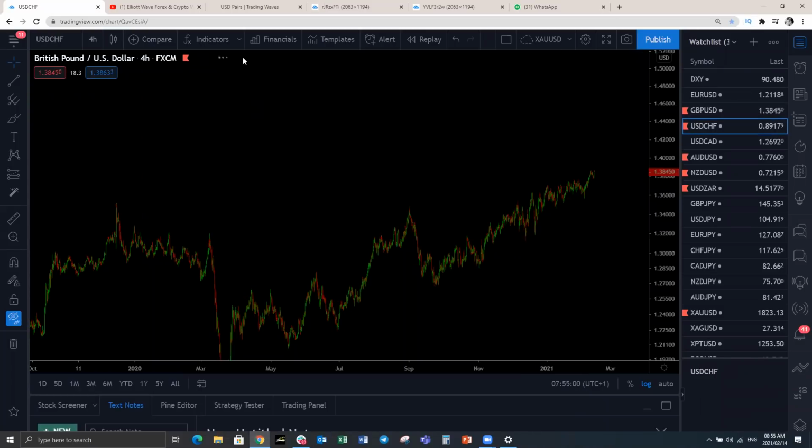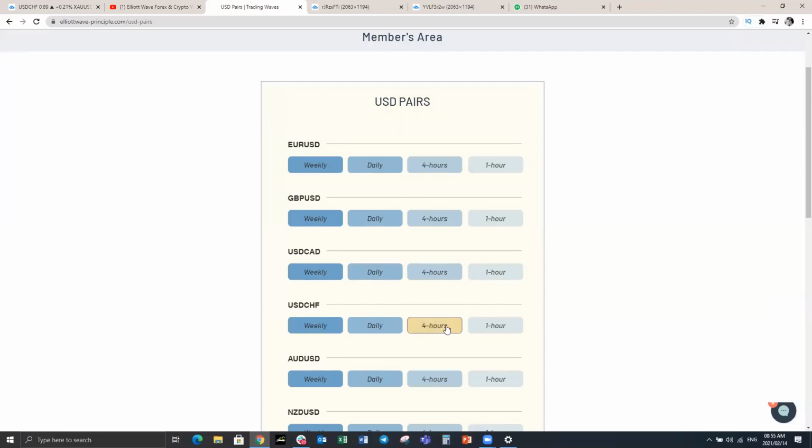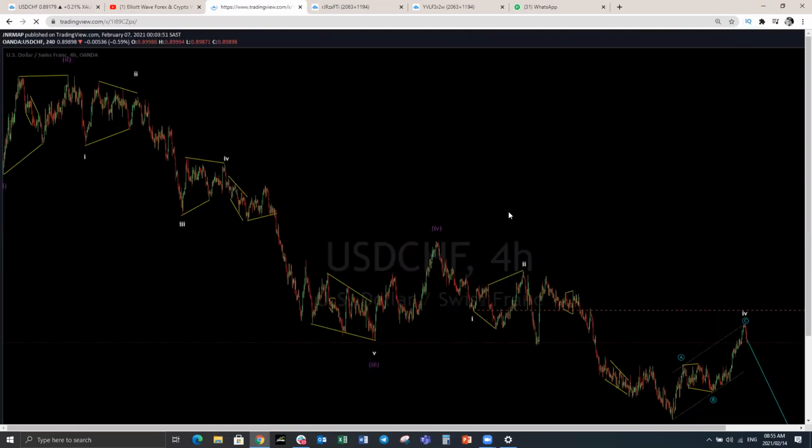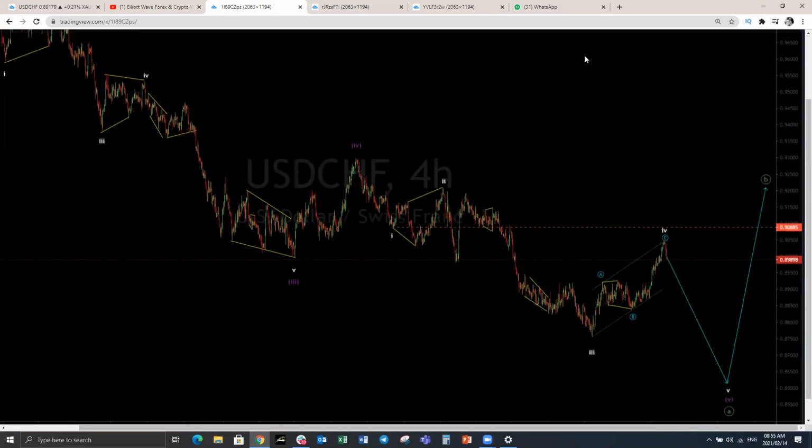US dollar CHF, let's have a look here. It looks exactly the same as the dollar index structure that we've got on US dollar CHF. Again, just like the DXY, we were expecting 1, 2, 3. We had a trade setup. We actually bought US dollar CHF against the trend. I have just said here, you follow the trend in the beginning, but if you know what you're looking for, for example, we were looking for a pullback here, we're taking advantage of this short market move here. So we bought this one here, got this trade setup here to around 950 exactly, and a move to the downside.